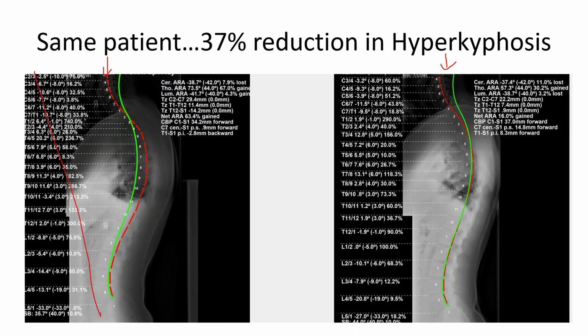Ignore all of this information. Sorry, those are just intersegmental angles. Forget all of that. We're going to look at just the curves in the spine. So cervical curve, thoracic curve, lumbar curve. His cervical curve on the lateral full spine goes from 38 to 37, so approximately the